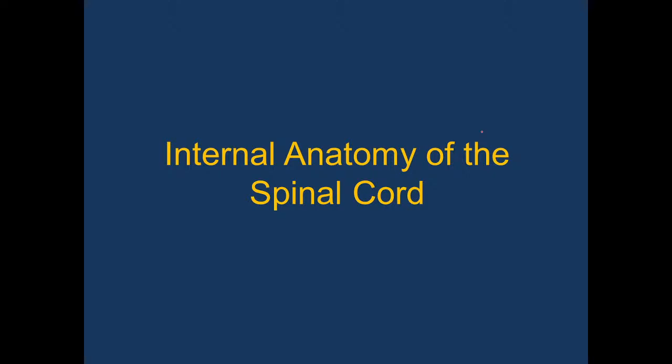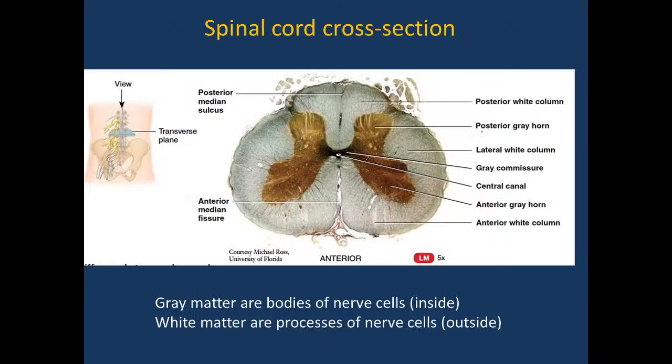Internal anatomy. If we produce spinal cord cross sections and use some special material to dye to make it colored, you see that the spinal cord, like the brain, consists of two kinds of nervous tissue, and we call them